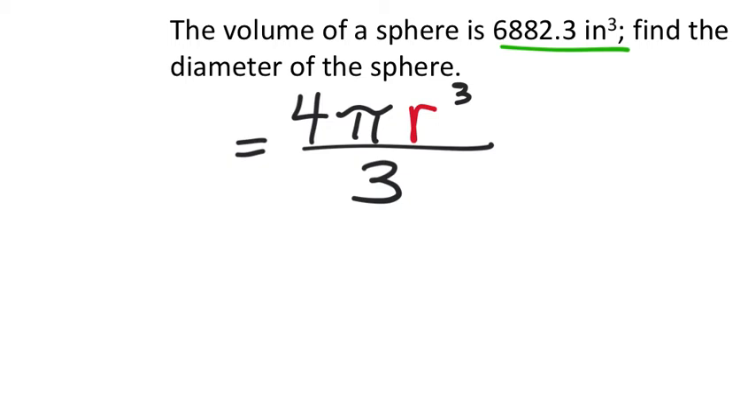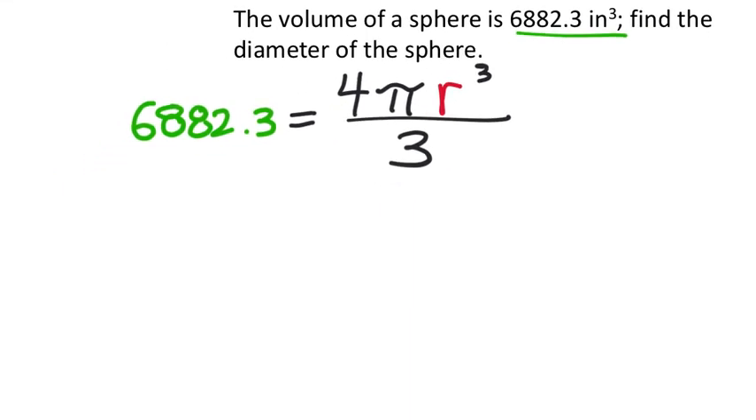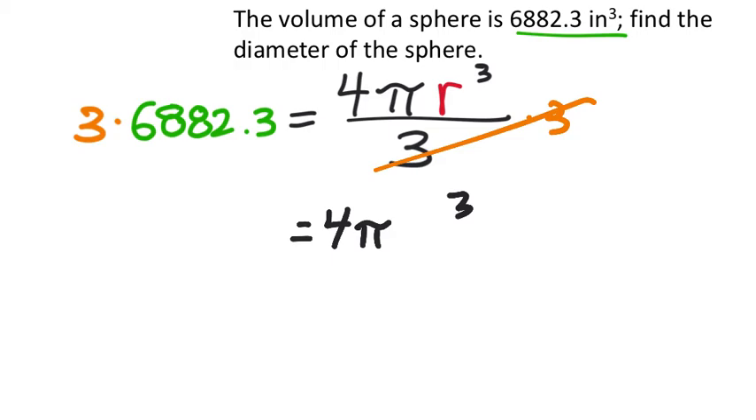So I'm replacing the V for volume with that value that was given, 6,882.3 cubic inches. All right? So I'm just going to use principles of equality to solve this. First, I'm going to multiply both sides by 3 to make that a phantom 1. And so I'm left with 4 times pi times the radius to the power of 3. But this is going to equal, right, because we made that a phantom 1, so we're just left with the numerator. Let's see, 3 times 6,882.3 equals, I got, from my calculator,